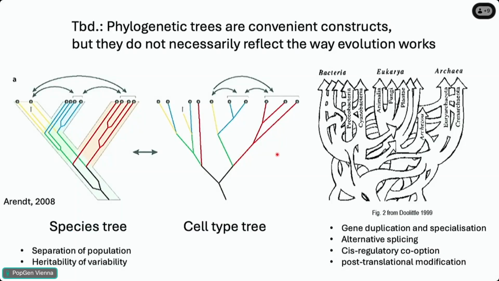So we know, of course, there are species trees that we can generate based on whole nuclear genes and so on. And Arndt von Haeseler has been instrumental to build algorithms for this. And you're familiar with that. The same principles have been applied to cell type trees based on extant cell types and their profiles. But I think if you want to understand also the processes, now I come back to the processes, how we get there, I think it's worth looking into some more details, what's happening on the genomic level